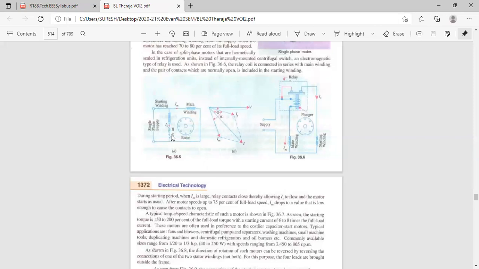Okay. S is called centrifugal switch. If you close this, the starting winding is connected in parallel with the main winding. If you open this, no current will flow in this. If you open this, why will no current flow in the starting winding? If you open the centrifugal switch, why will current not flow in the starting winding? I think 65 students had joined, but nobody is responding. If you open this switch, why will current not flow in the starting winding?